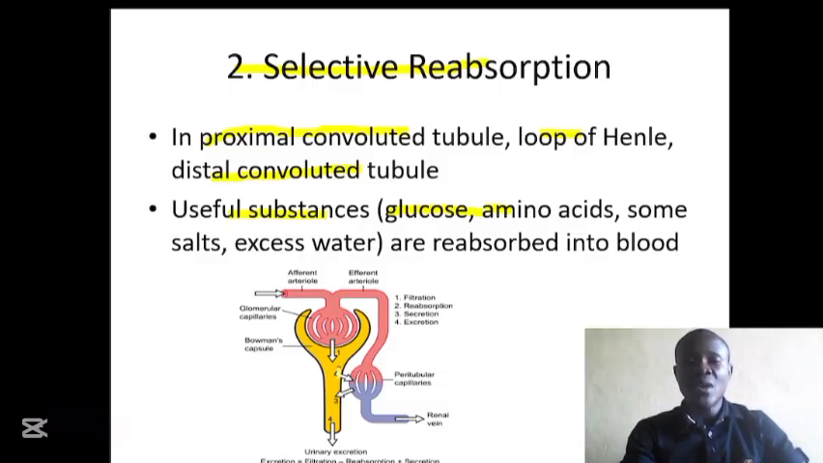As you can see on this diagram, as the filtrate is moving, at number 2 you can see the arrow moving from the tube into the blood vessel. So all of those useful substances needed by the body will move from the tube into the blood vessel. It is selective, that means not all substances will be allowed to pass from the tube of the nephron into the blood vessel. Only useful substances, those needed by the body, will be allowed to pass. Substances that are not needed by the body, for example urea, uric acid, creatine, will not be allowed to pass into